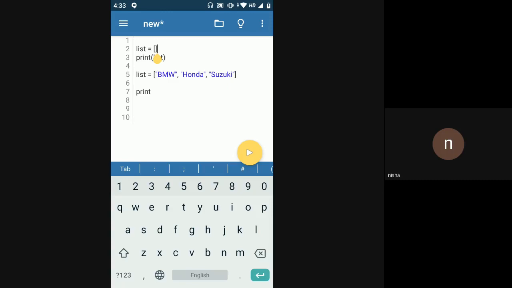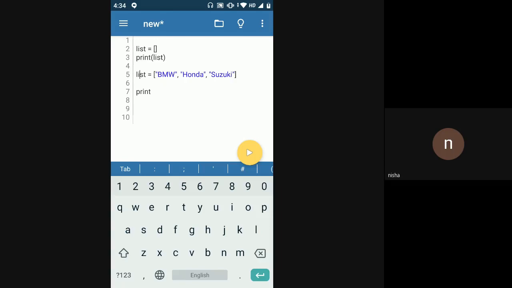Okay. See, a list is basically multiple values put into a single variable. Here I have just one variable named list, and it is storing multiple values. These values that you're putting in the list can be of any data type: integer, string, float, boolean, or any of the data types. Just that it should be connected, it should have some meaning.